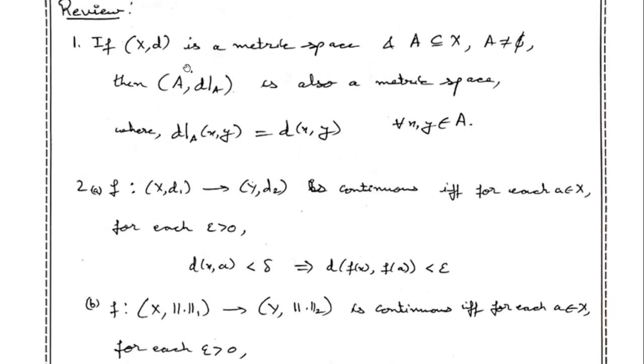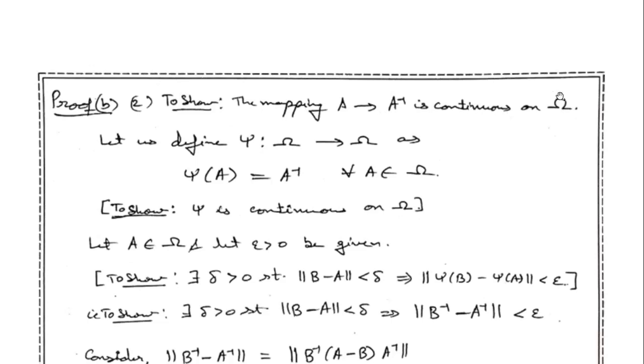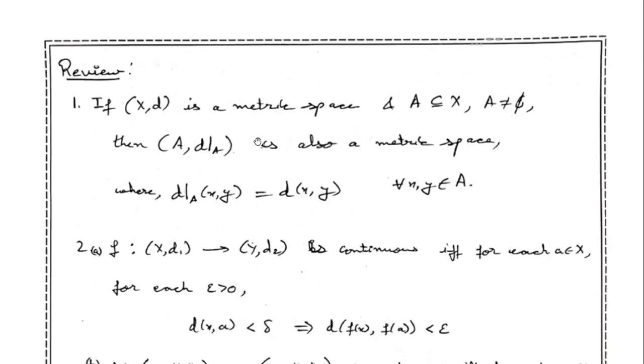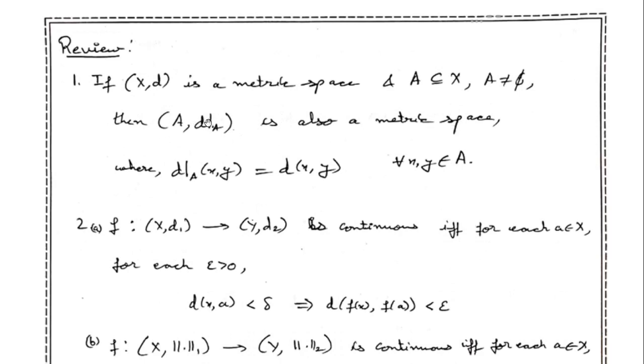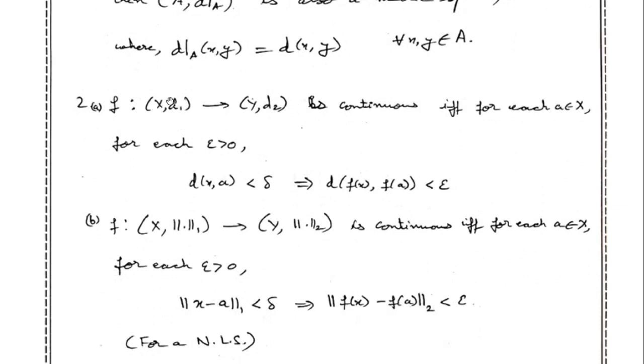Because here we have omega as an open subset of L(R^n). L(R^n) is actually a normed linear space and a metric space. So we have to define a continuous mapping, and first of all it should be a metric space for it to be defined. That is why we are reviewing that a non-empty subset of a metric space with the restriction metric is also a metric space. Now if we have a function from a metric space X with metric d to another metric space Y, with maybe another metric d2,